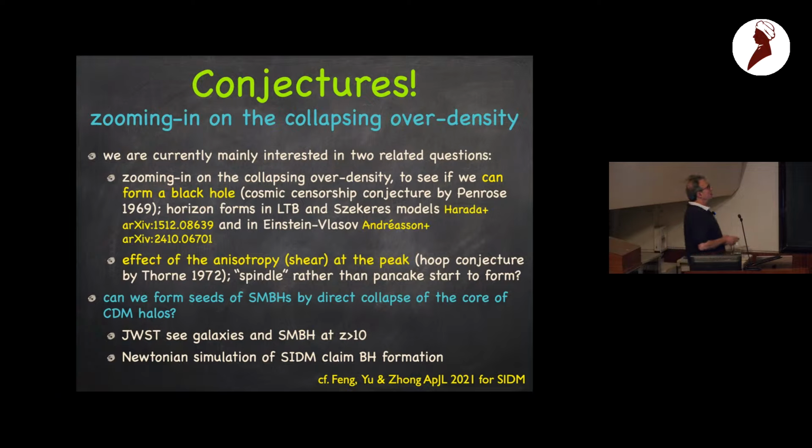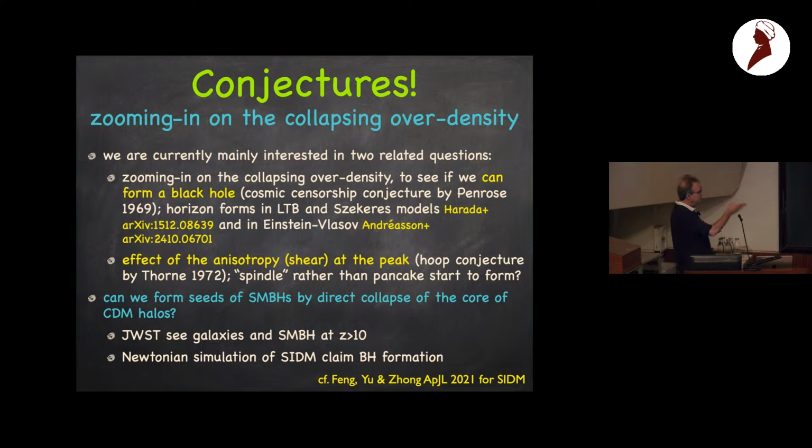So that's one question, and if there is some anisotropy, this relates to another well-known conjecture, which is the hoop conjecture by Thorne. And in GR, by the way, yes, you have pancakes, but pancakes are negligible in the sense that, like in Newtonian theory, it's just a moment in the process. But there are other types of singularities. In fact, pancakes are a set of measure zero in the set of possible singularities. In GR, the typical singularity is a spindle-like singularity. So we want to see what happens, but more than anything else, we want to see if we can